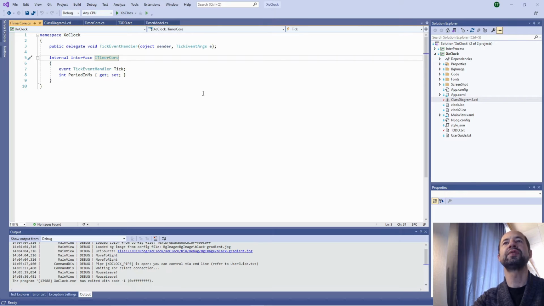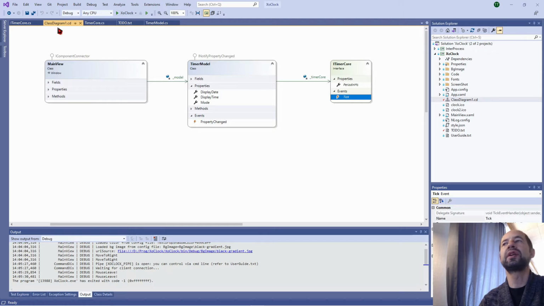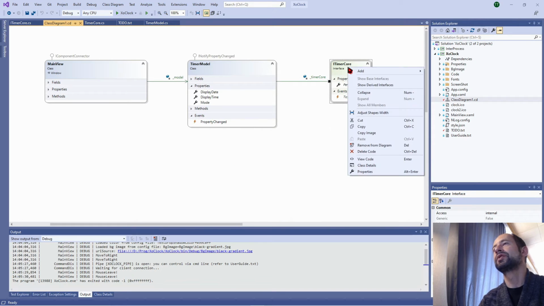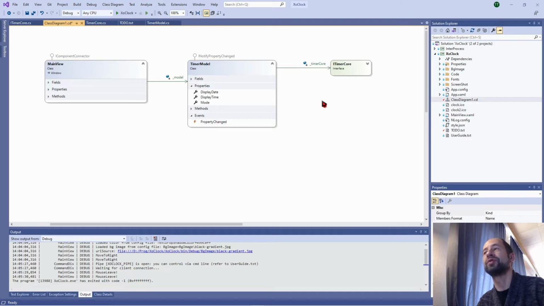so let's look at the implementation of eTimer core. eTimer core is in fact implemented by the timer core. We can see this on the class diagram by showing derived interfaces. We cannot show the implementation, which is okay.